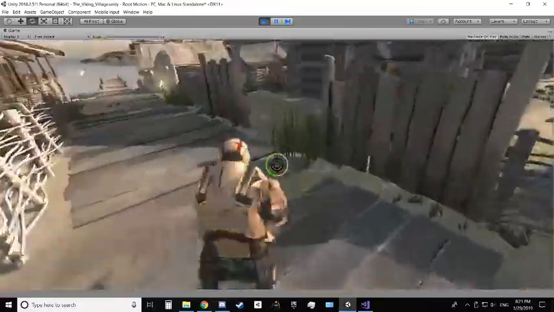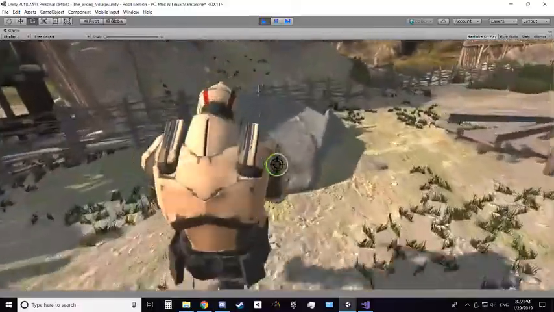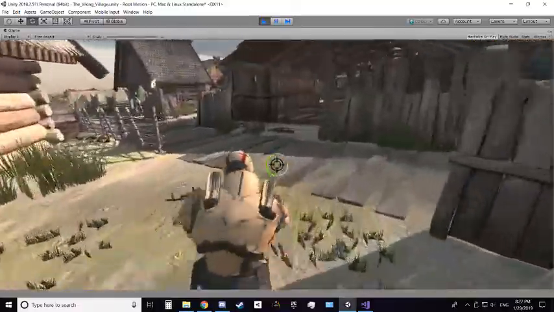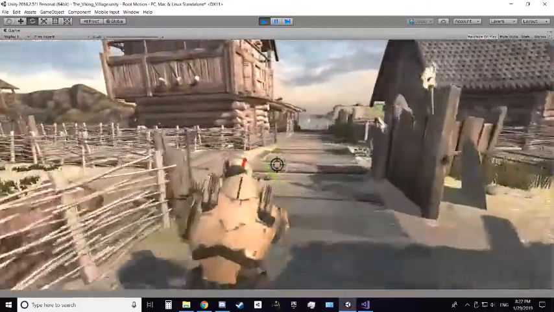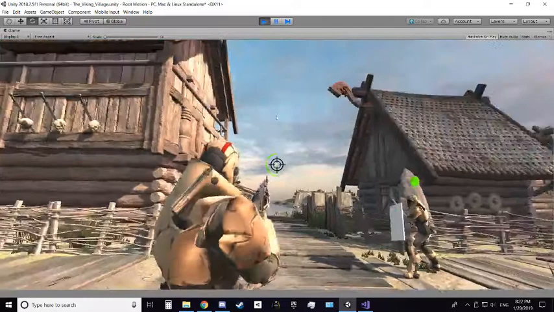I'm going to be fixing the jump a little bit more so it will be able to actually jump over things. Right now the rigid body isn't being moved up, it's just playing the animation. So if we go back